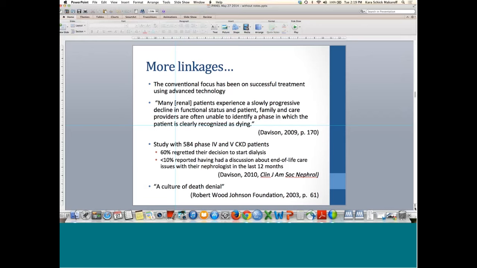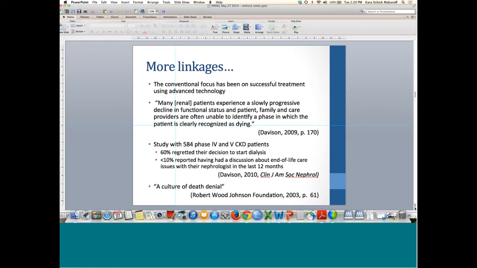And when they were asked, 60% of them regretted their decision to ever start dialysis in the first place. And less than 10% reported that they had had discussions about end-of-life care issues with their nephrologist in the past 12 months. And these are quite startling statistics for this population. And I know it's not representative of the whole, but in this study, it's a very strong